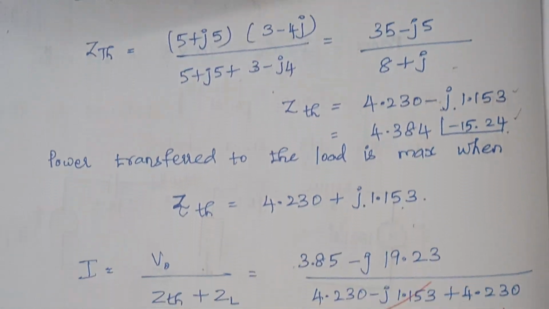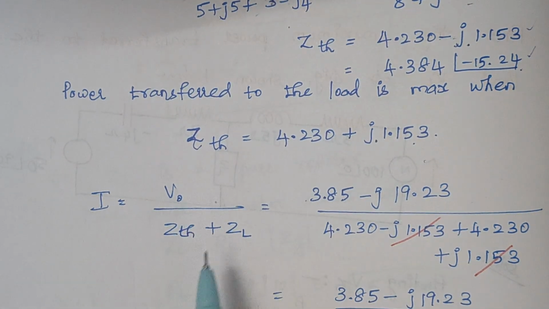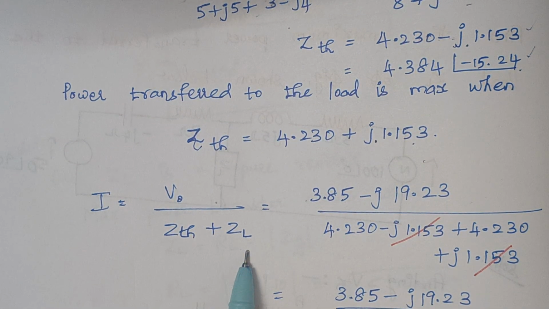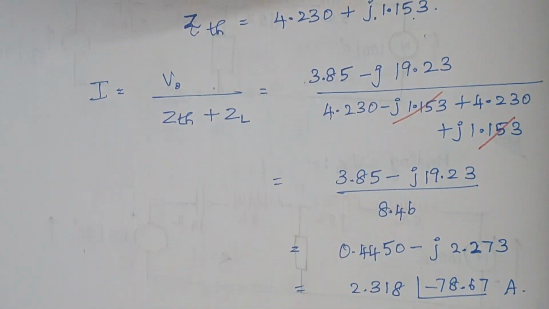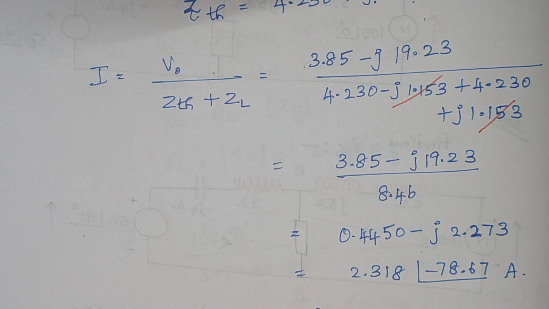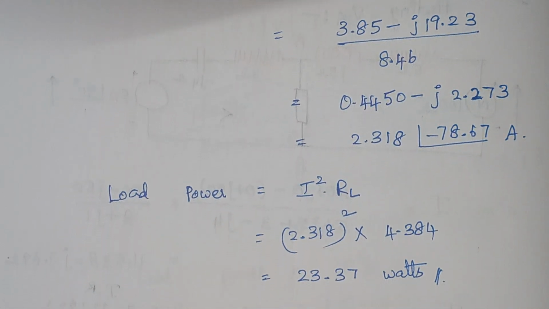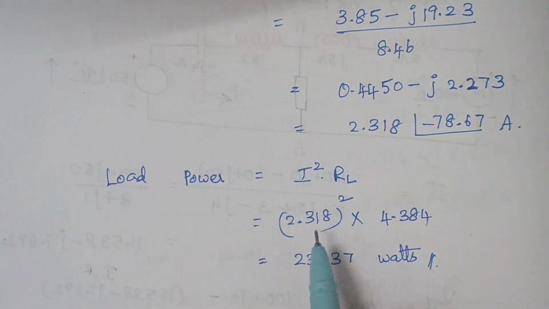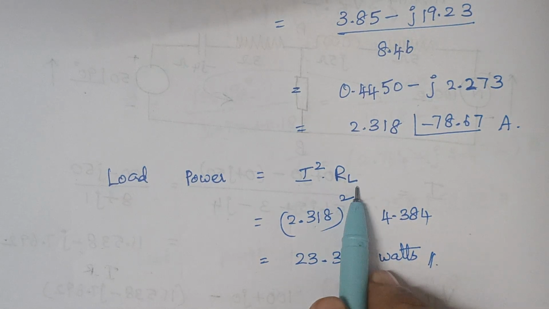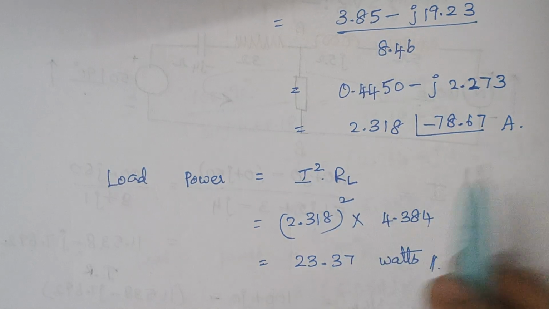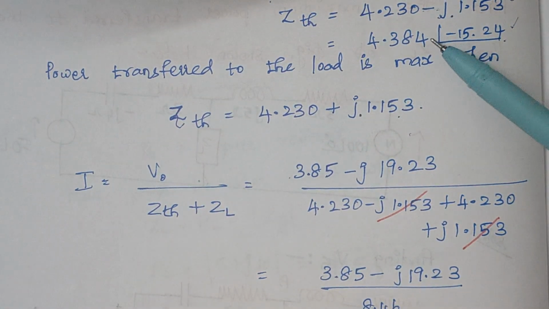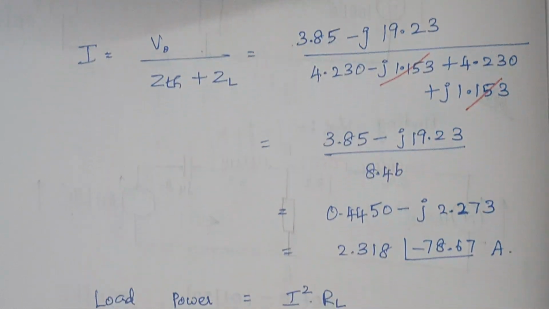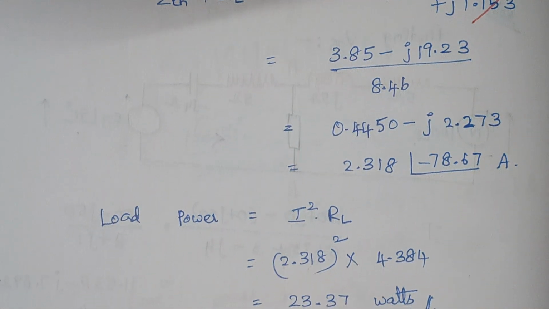Now to find the value of I, it is nothing but V0 by Zth plus load impedance. So just substitute the values here, and finally the value of current is calculated as 2.318 amps. Now to find the load power, it is nothing but I square RL. So here this is the value of I, and the value of RL, we have to consider only the magnitude. So what is the magnitude part here? It is 4.384, that's it. So just substitute it over here, and finally the answer is